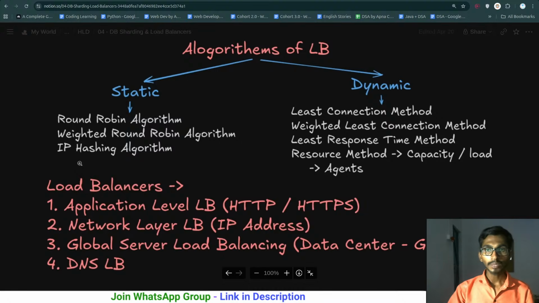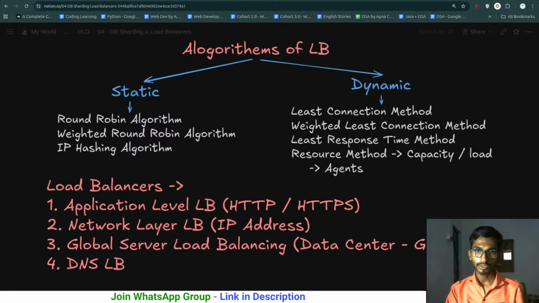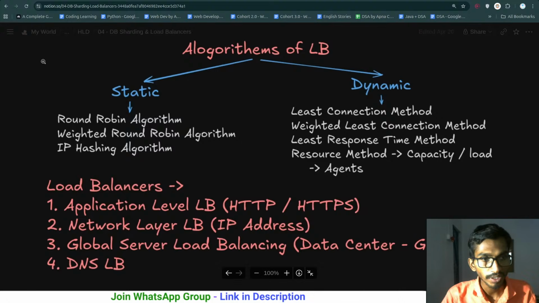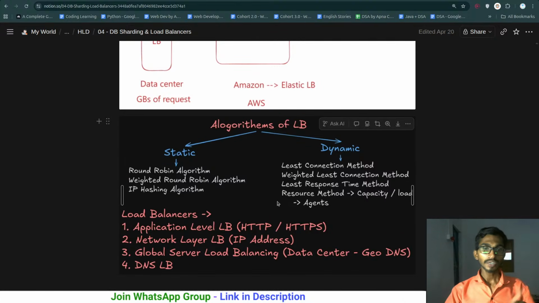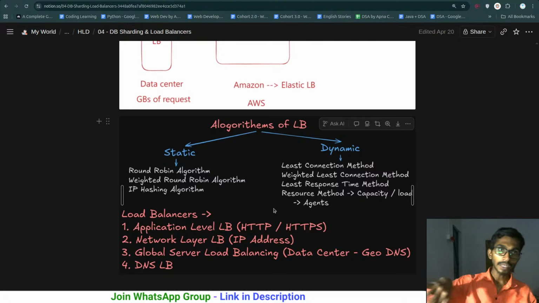When it comes to dynamic, we have least connection method, weighted least connection method, least response time method, or resource method. So these are some of the algorithms that get used. Ultimately, we have two sections here. We have static, we have dynamic. When it comes to static, we have round robin, weighted round robin, and IP hashing. So these are the algorithms. And then in dynamic we have